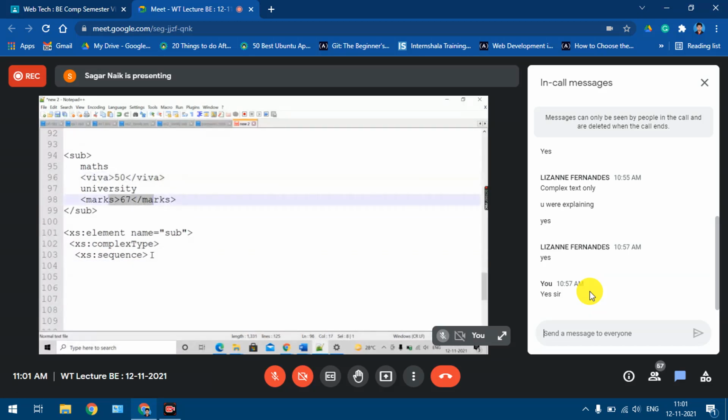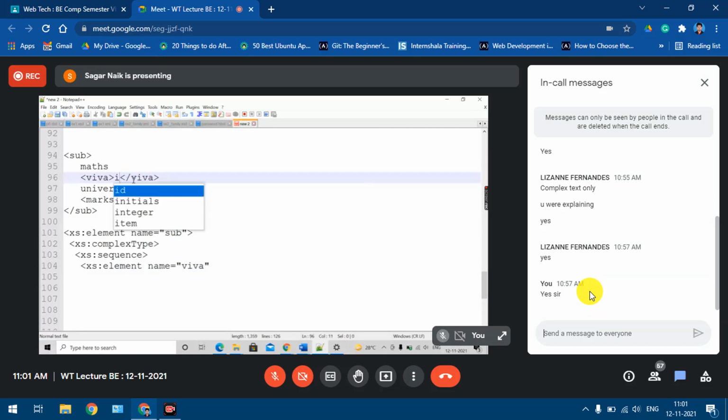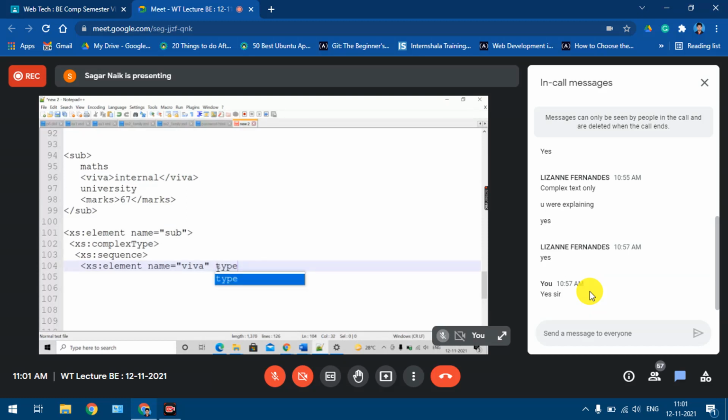So the definition is very simple. How do you define simple elements? xs:element name equal to yy. I'll say internal or external, that kind of data it is taking. So I'll say type equal to xs:string.